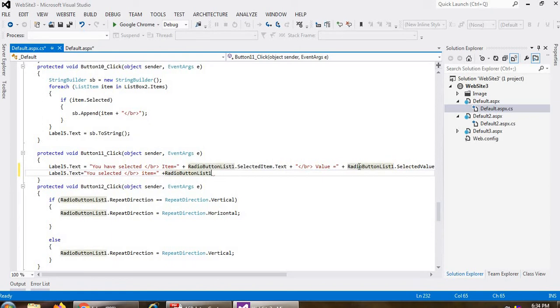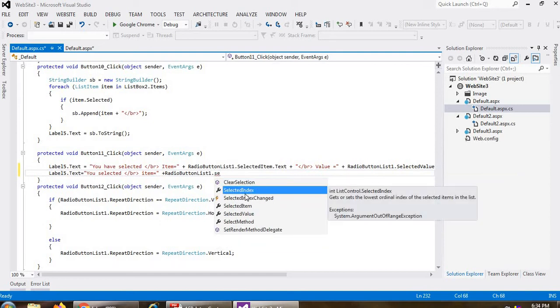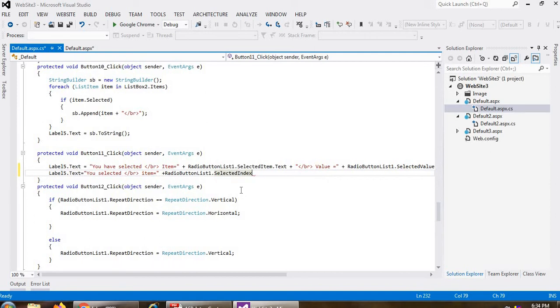Then if I write the dot over here, at that time I am selecting the selected index property. Selected index, selected item, and selected value are there, right? Clear? If I want to use a selected index, okay, like this. Done. So you can directly take this and write your code like this. Clear? And this is the first thing.